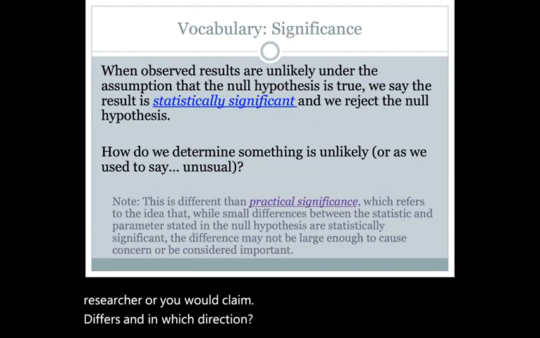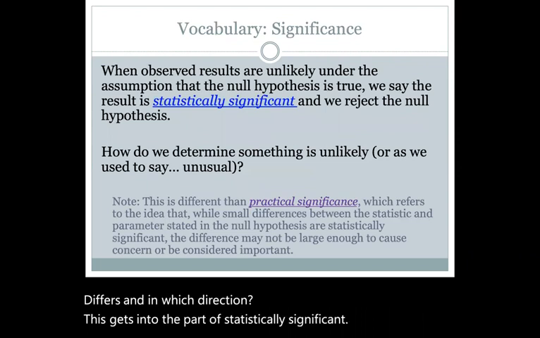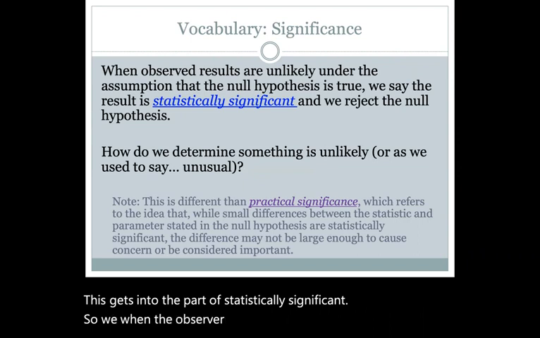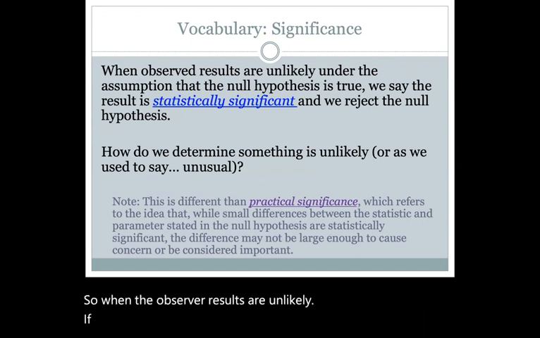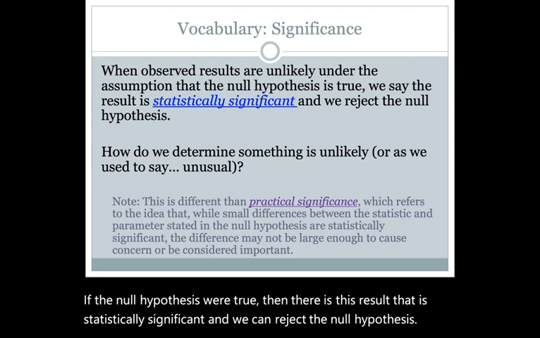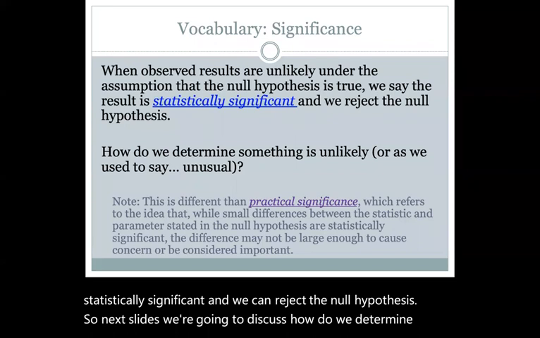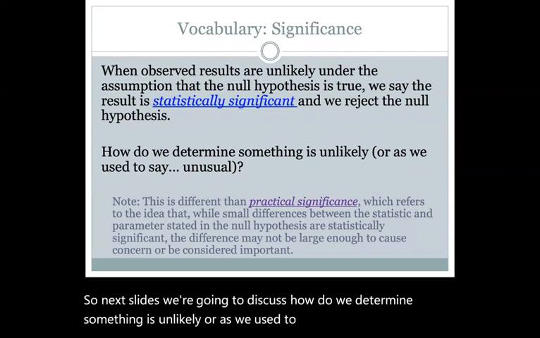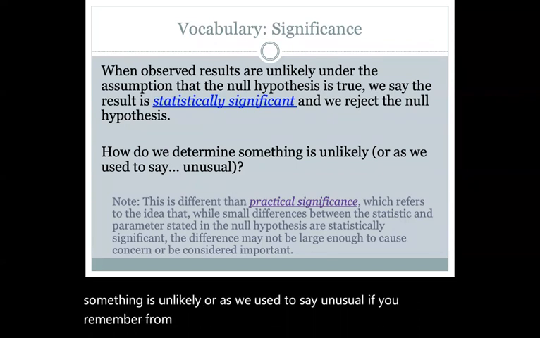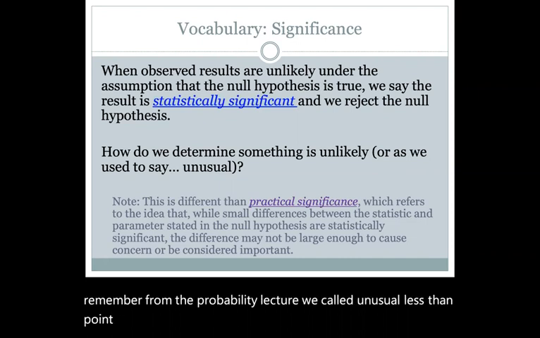This gets into the part of statistically significant. So when the observed results are unlikely, if the null hypothesis were true, then this result is statistically significant and we can reject the null hypothesis. So next slides, we're going to discuss how do we determine something is unlikely, or as we used to say, unusual. If you remember from the probability lecture, we called unusual less than 0.05, but different circumstances require different alphas,